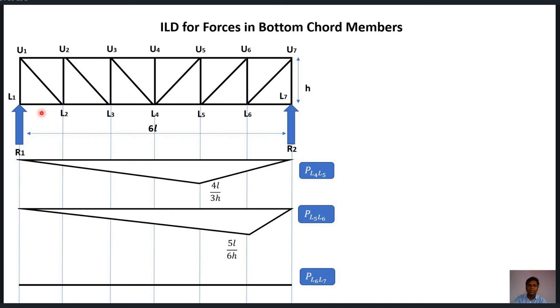So in general, if we want to remember how to draw the influence line diagram for bottom chord members, keep in mind that all bottom chord members will be under tension, and to draw the influence line diagram, we just need to observe their opposite joints. At opposite joints, the maximum ordinate will be occurring, and to find their magnitudes, we need to use the formula of the influence line diagram for bending moment, that is AB by L upon H. So in the same way, we can draw all these influence line diagrams for bottom chord members for any truss. Thank you.